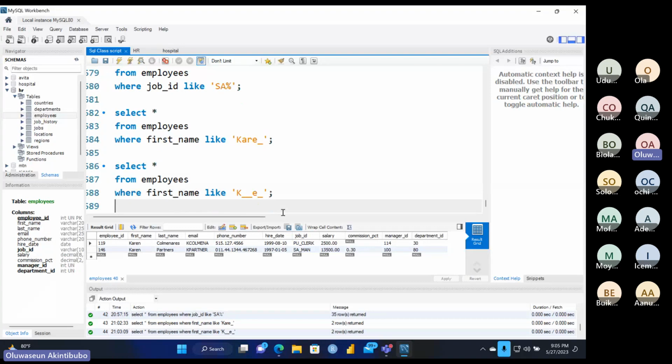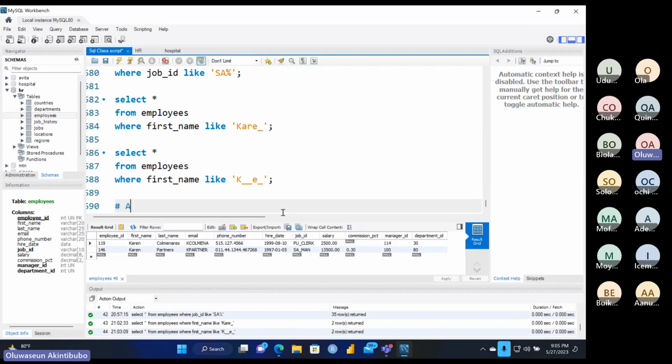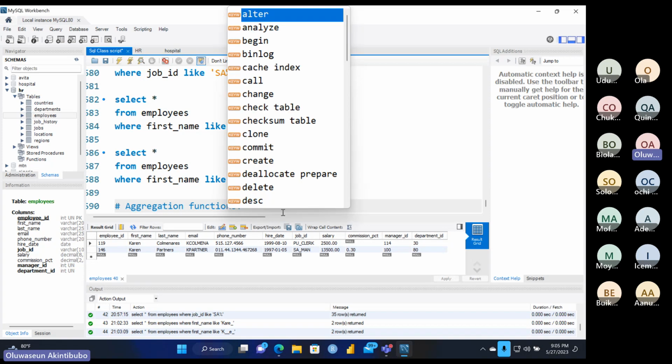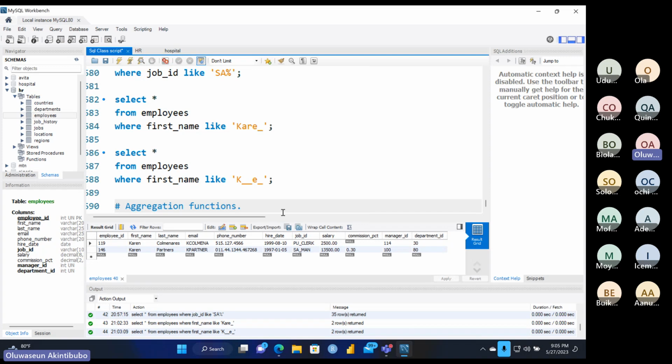Let's see if we can talk about aggregate functions. Aggregate functions basically are functions that take multiple rows and return a single result. These functions are statistical. You want to learn how to perform statistics, not in Excel, I mean in SQL. These functions are statistical functions